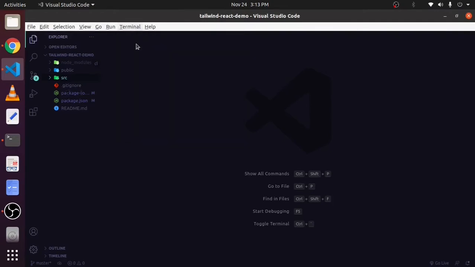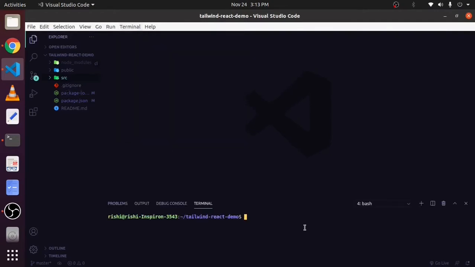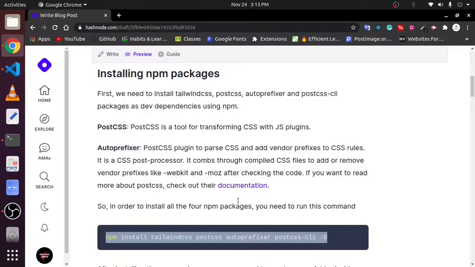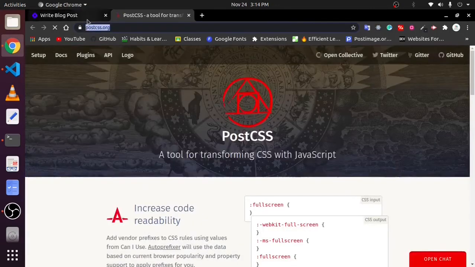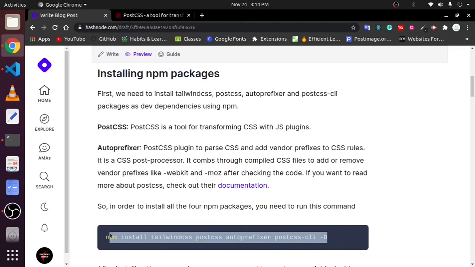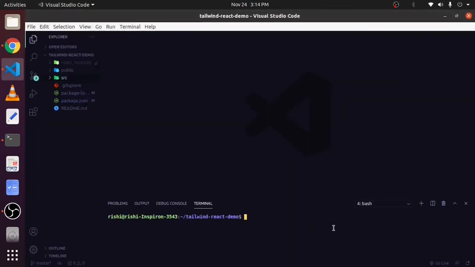Now open your terminal and you need to install 4 different packages. These are the 4 packages. First is Tailwind CSS, PostCSS, Autoprefixer and postcss-cli. And if you want to read more about PostCSS, check out this link, postcss.org. For now, just copy this command from here and paste it in your terminal.